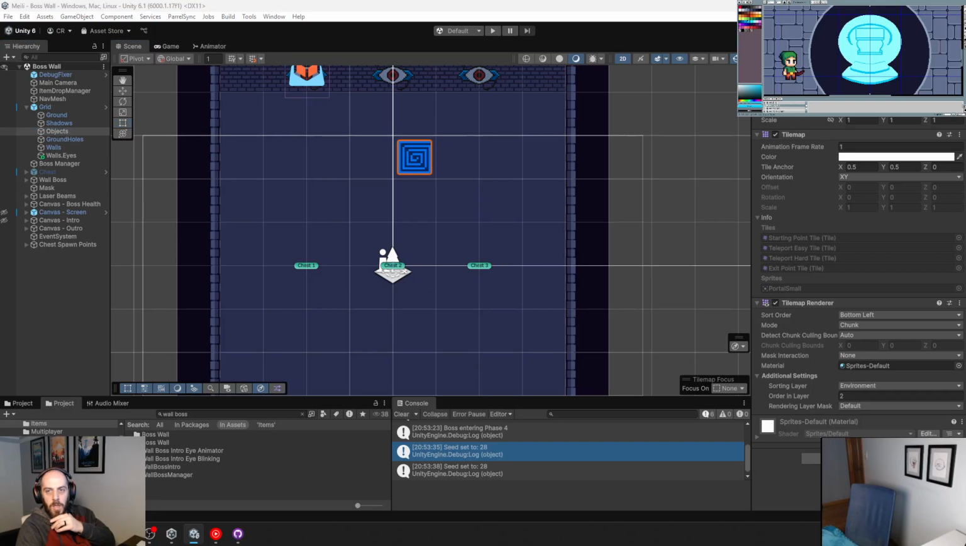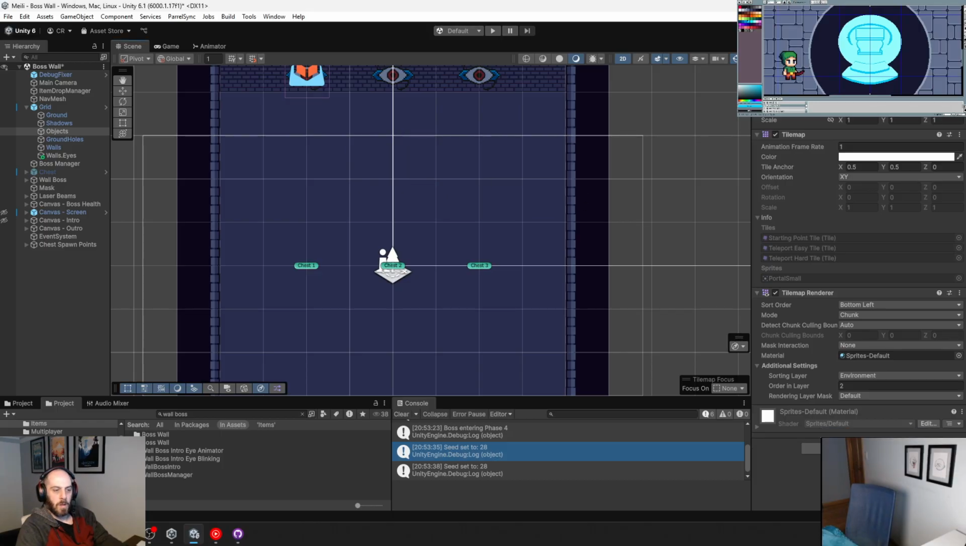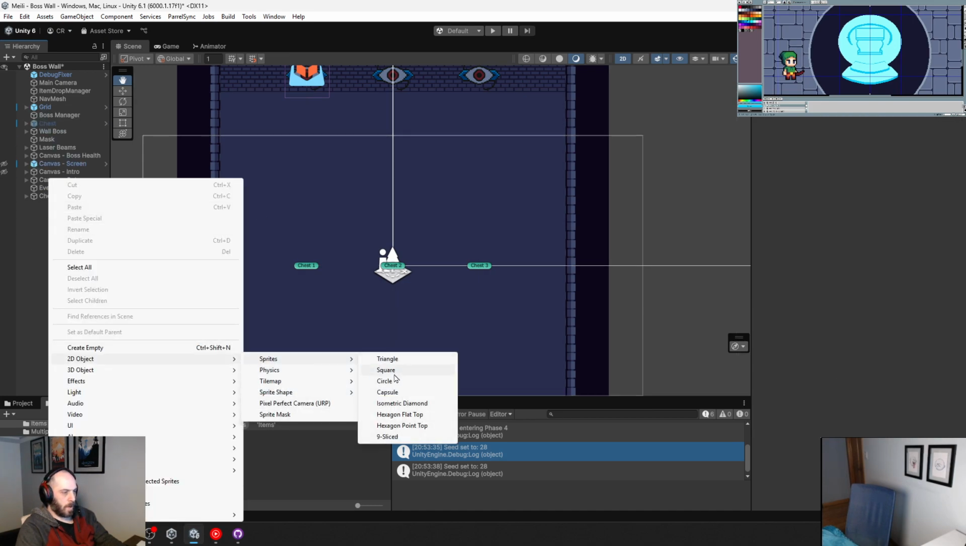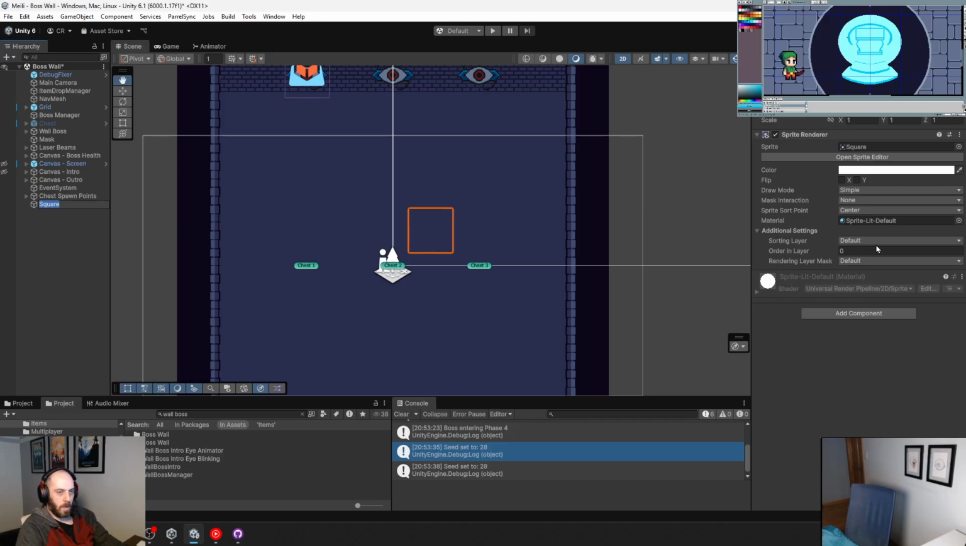If we delete this tile, and instead of doing a tile, if I just did create a 2D sprite square, I put it here, 100